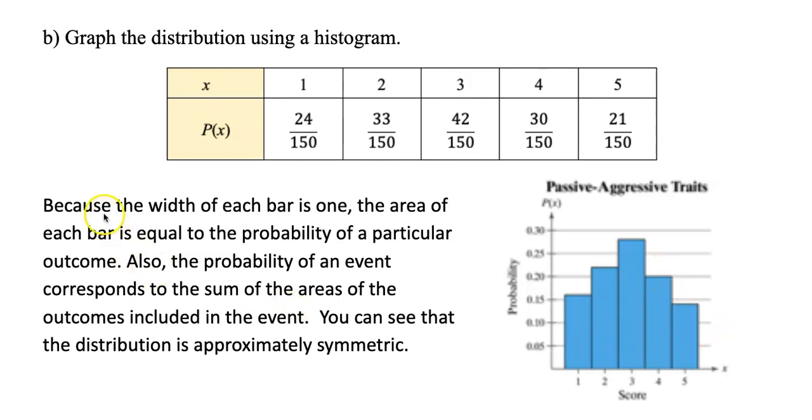Let me read this because I typed it. Because the width of each bar is 1, the area of each bar is equal to the probability of a particular outcome. Also, the probability of an event corresponds to the sum of the areas of the outcomes included in the event. You can see that the distribution is approximately symmetric. When we talk about normal distribution, we're going to have a curve, and we will calculate probability from the curve, not really from a histogram, but we'll talk about those continuous random variables in the next lesson, okay? All right, so discrete